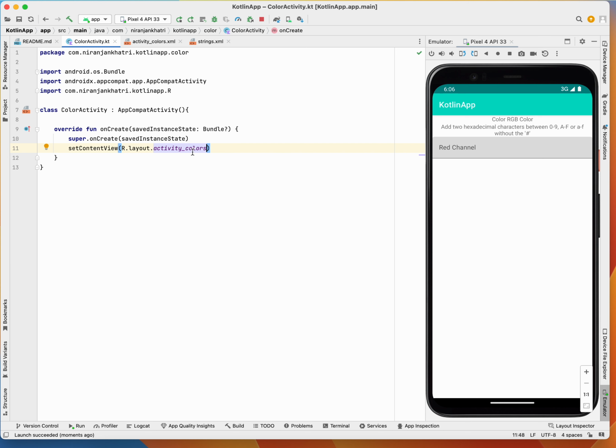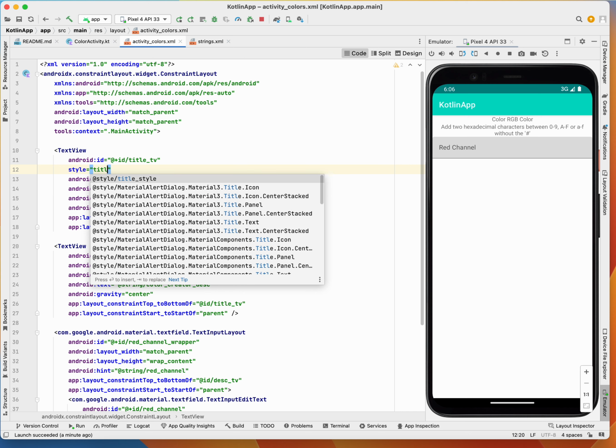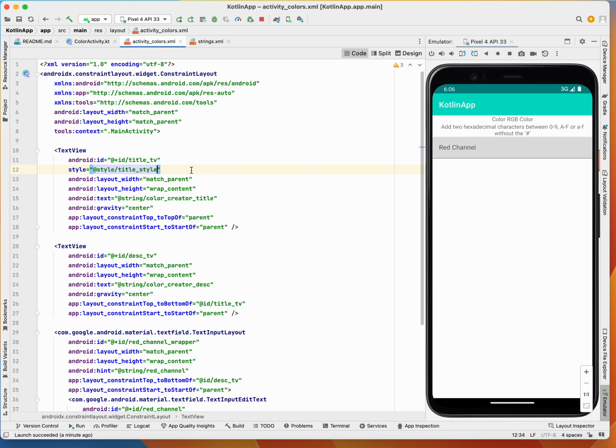but I don't like it because it looks pretty awkward in the sense like I am missing the style. So let's fill up the styles here. Let me fill the styles here. So the first style is, I want to add the title style, okay, here. And I want to the description style is,